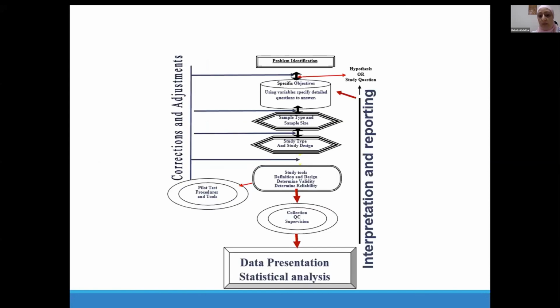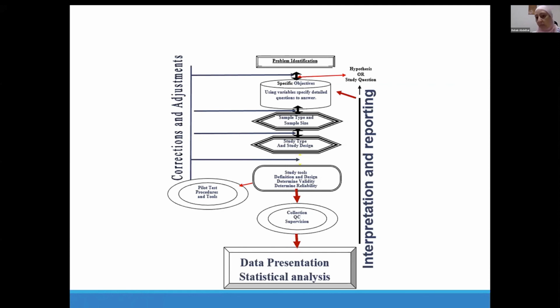So when we conduct data presentation and statistical analysis, we would interpret and report our data. And when doing that, we would be going back to answering the objectives of our study. And this is very important because a lot of studies have specific objectives at the beginning of the study, and then they move forward, they collect their data, present their data, and then they start interpreting and reporting their data, and it has no relevance